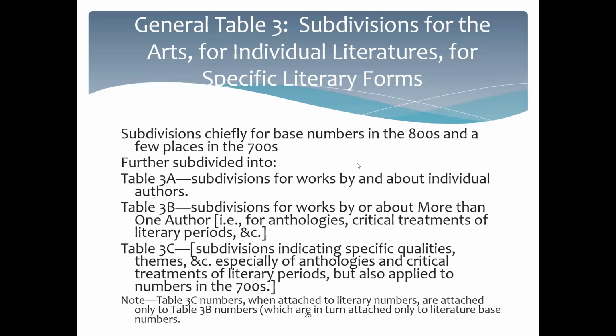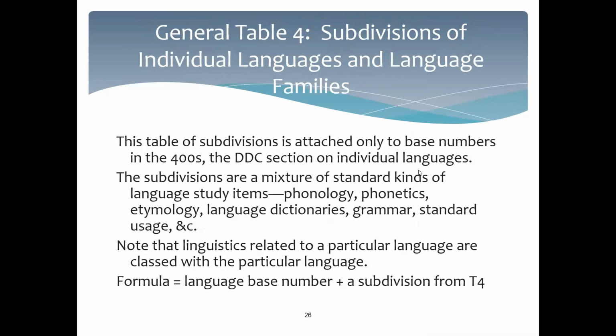Table 3C, when attached to literary numbers, is attached only to Table 3B numbers, which of course are in turn attached to a literature base. So if you have 3C, then you should have a 3B first. If you're going to use 3C, you should have a 3B. That makes sense. And then Table 4, this is where you're going to spend time if you have language-related